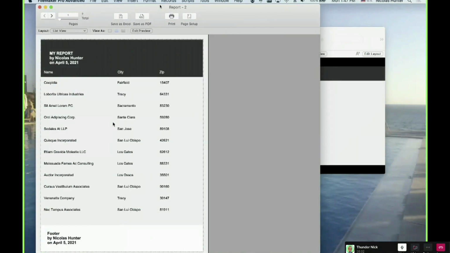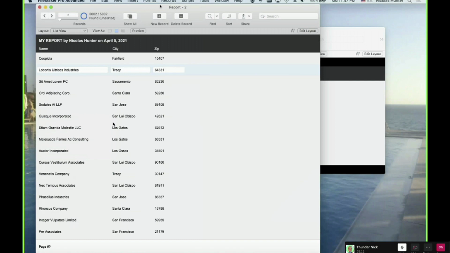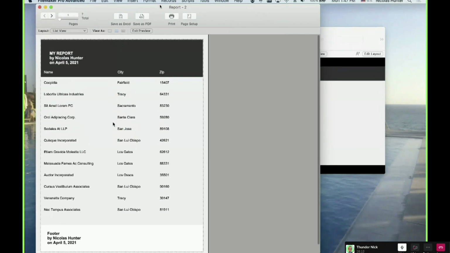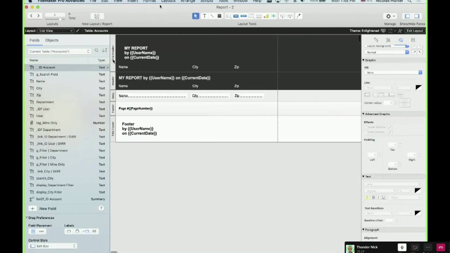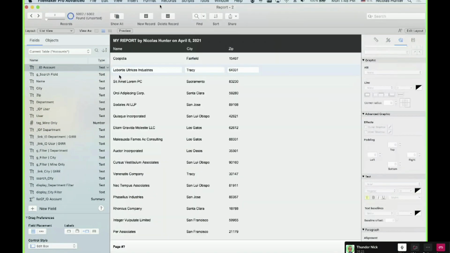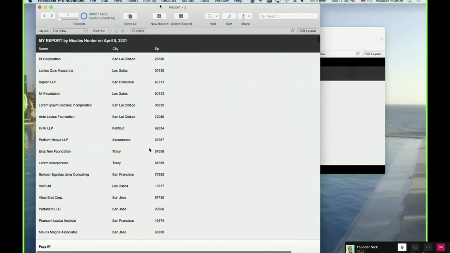So when you're in preview mode, that means I'm printing. Preview mode is like the printer or save as PDF. In browse mode, I cannot see the title header, and in preview mode, I will see the title header or the title footer. So this is a big difference. In browse mode, you can see that it doesn't move.